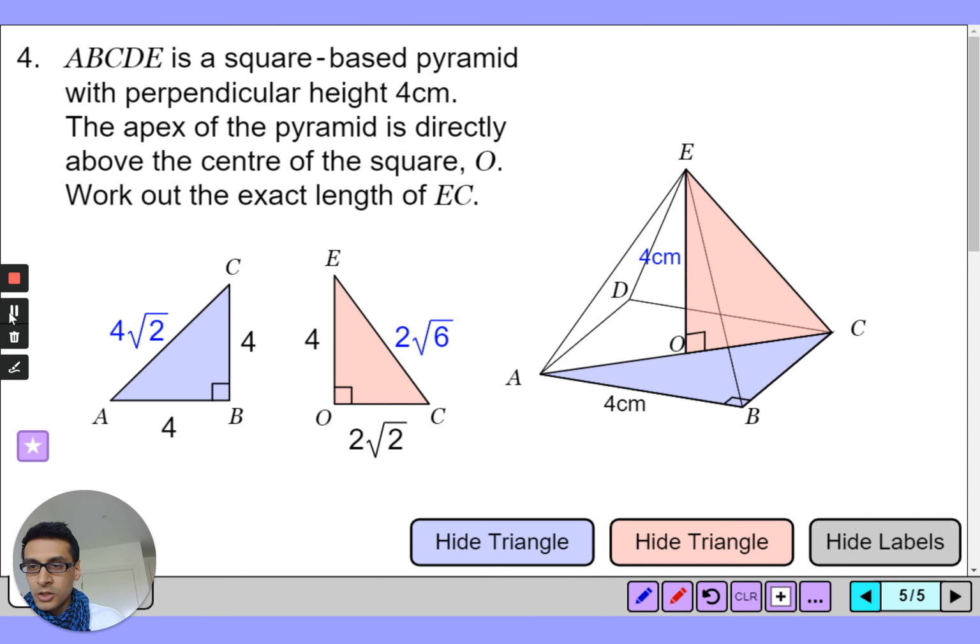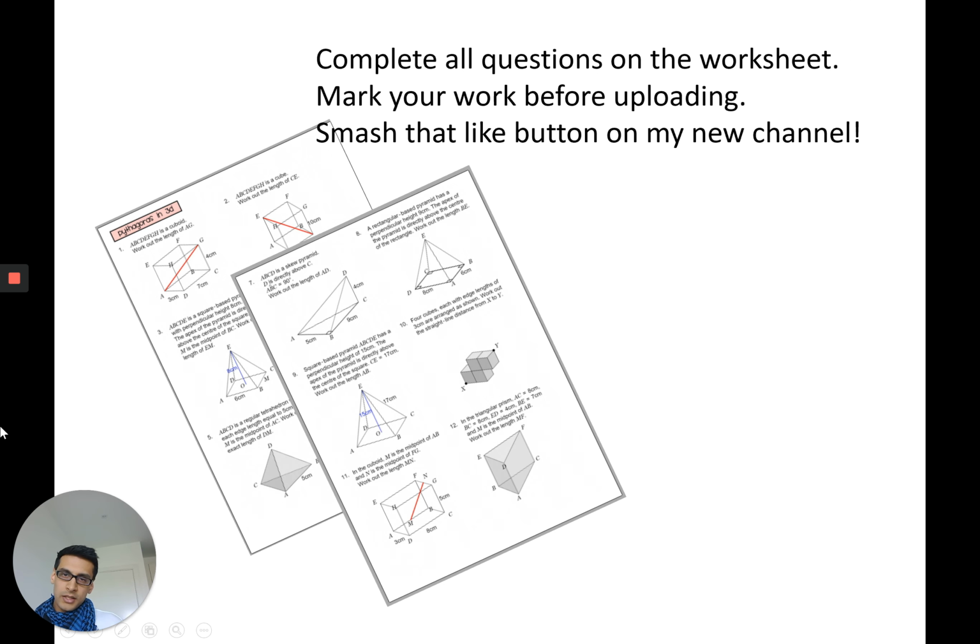The worksheet you're about to do consists of 2 pages. I will remove a couple of questions from this, but you should be doing all the questions that you'll see on the worksheet. All marked. The answers are on the second page, on the second section of the sheet. And that will be 3D Pythagoras done. And the next half of this lesson is going to be